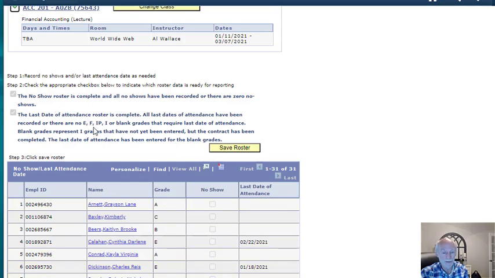But if you have E's, then a little box will come up, and you can put in the date they last attended on Connect. Put that in. Once you've done all that, then you click this little box here, which says the last date of attendance is complete. All last dates of attendance have been recorded. There are no E's, F's, IP's, and so forth. Anyway, once you've done that for all the students that didn't pass the class, you click on Save the Roster